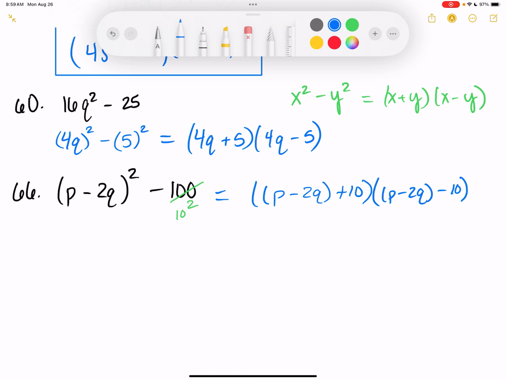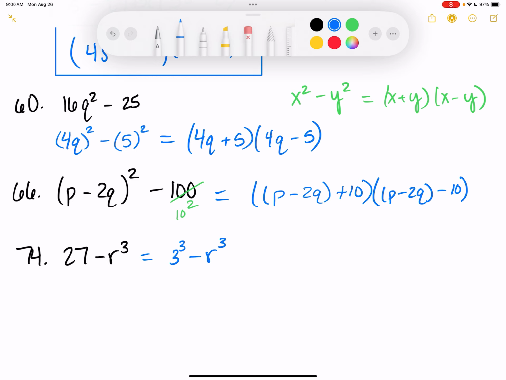See, we haven't done a cubes one yet. So 74, 27 minus r cubed. This is going to be a difference of cubes because I see that both terms are cube terms. What is 27 the cube of? 3. So this is going to be 3 cubed minus r cubed. And this is where I'm using that SOAP formula that you had